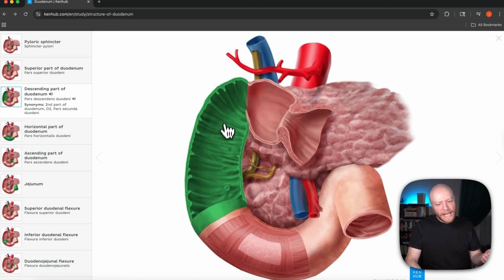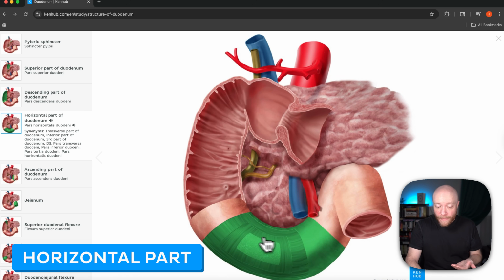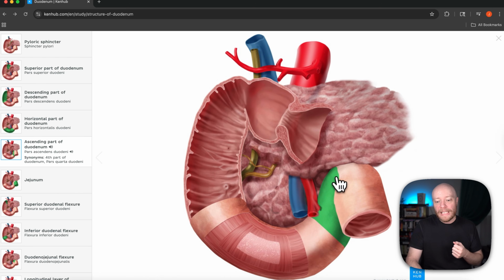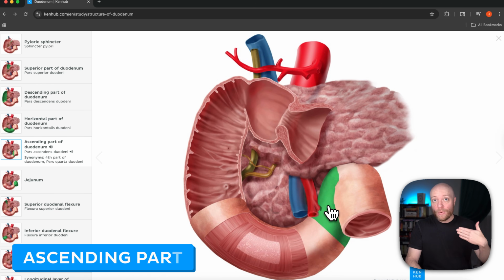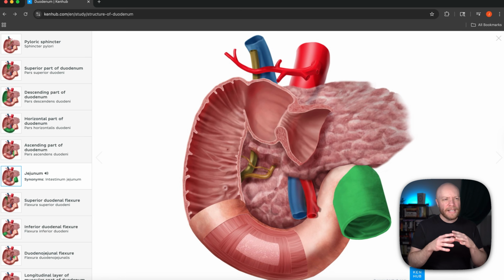We call it descending because this is the direction of travel, right? We're going this way and it's going to go down. And from there, it's then going to go to the horizontal part, which you can probably guess as to why it's called the horizontal part, which then will lead to the ascending part. And then we get to the very first part, the second part, I should say, of the small intestine